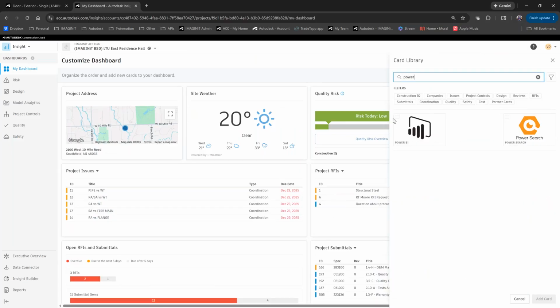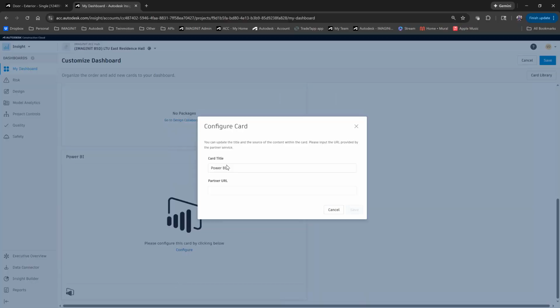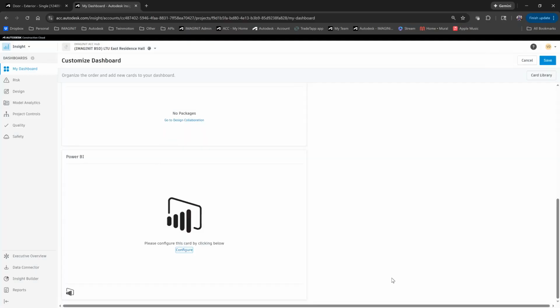you could pull a Power BI card. And then there is some work to get your Power BI reports to actually show up in the project. If you're familiar with Power BI, it's not all that complicated. You just have to publish your report to Power BI online, grab the URL from it, determine if it's public or private. And then when you configure this, you simply put that URL into the card, and that will display your Power BI workspace. To get that data,